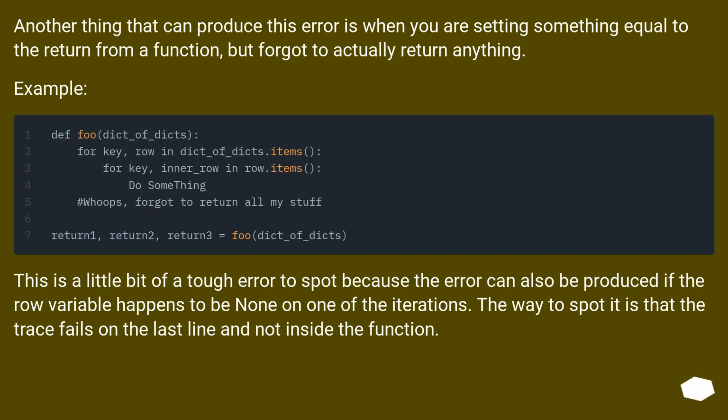Another thing that can produce this error is when you are setting something equal to the return from a function, but forgot to actually return anything. Example: